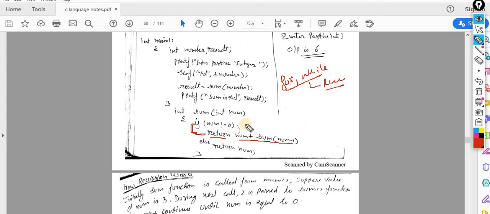Otherwise your recursion will keep on going and your program will become an infinite loop. This is one fundamental thing: you must satisfy the condition which will stop the recursion.